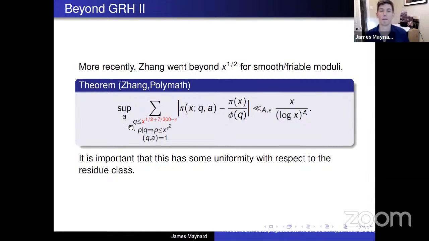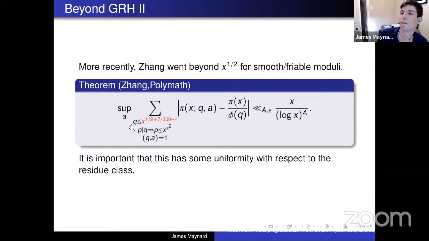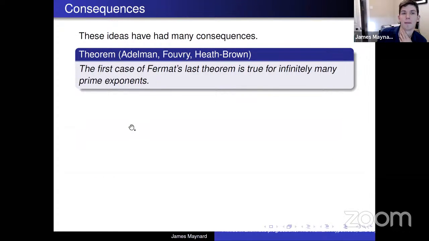So Bombieri, Friedlander, Iwaniec, and Zhang both proved sort of technical variants that did go beyond x to the 1/2 in some way, and so did prove some technical statement that in some sense was going beyond the Riemann hypothesis on average. And correspondingly, these ideas had various applications to do with prime numbers. So one consequence of the ideas connected to the work of Fouvry, Bombieri, Friedlander, and Iwaniec was on Fermat's last